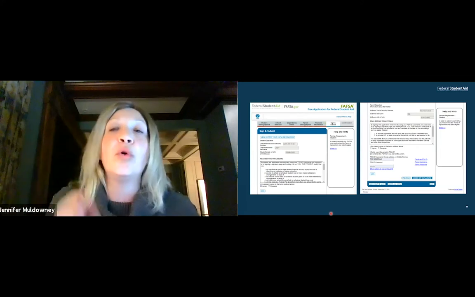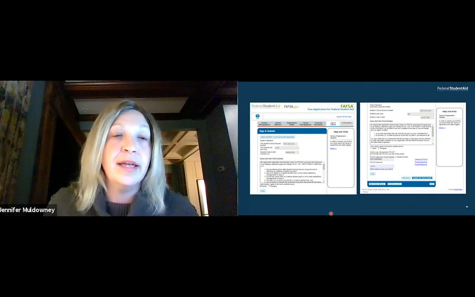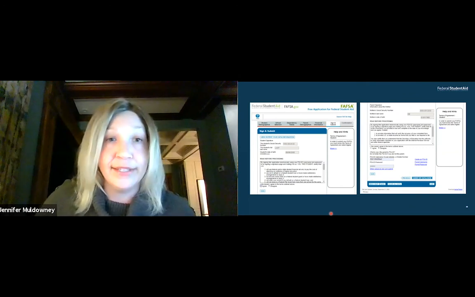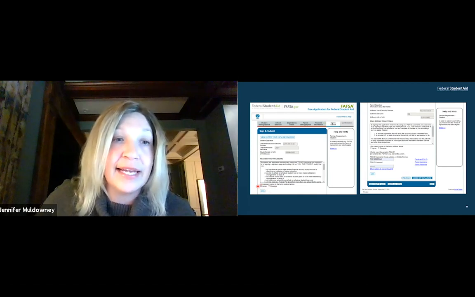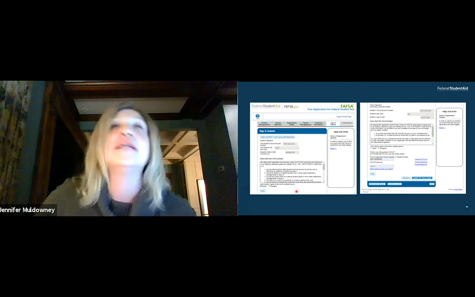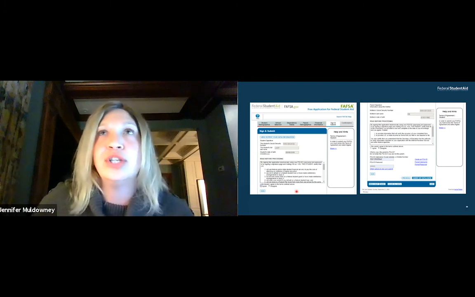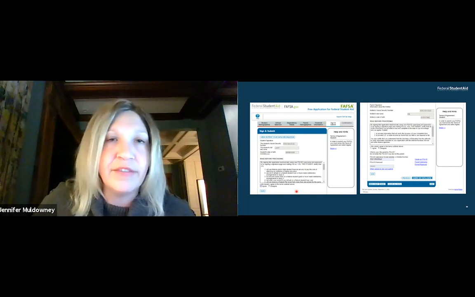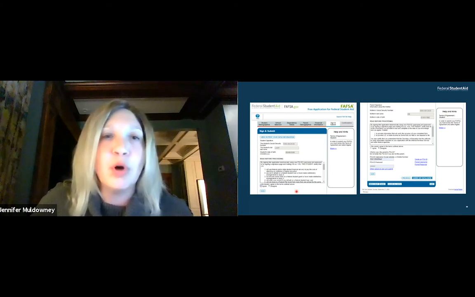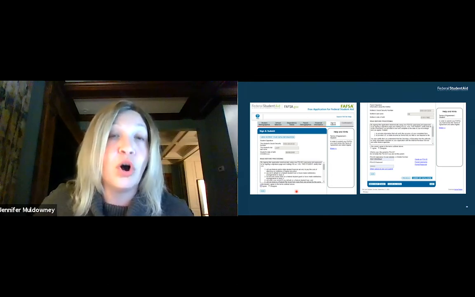And again, the most important thing is whenever you're making any correction to your FAFSA that you need to actually submit it again and process it. So you have to go through the same process of making sure that it's signed by both the student and the parent. It will all depend on the change that's being made. If the change is being made to just adding a school code, only the student is going to need to re-sign the FAFSA application. But if any component of the parent's demographics or the parent's financial information has changed, then they will need to also sign or